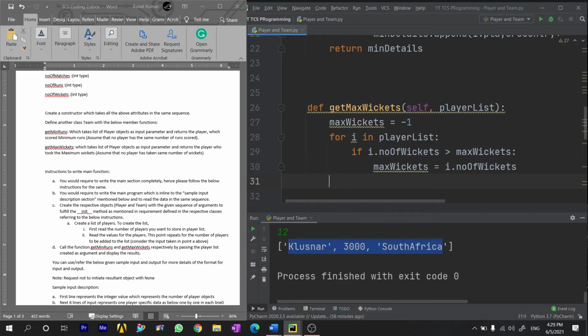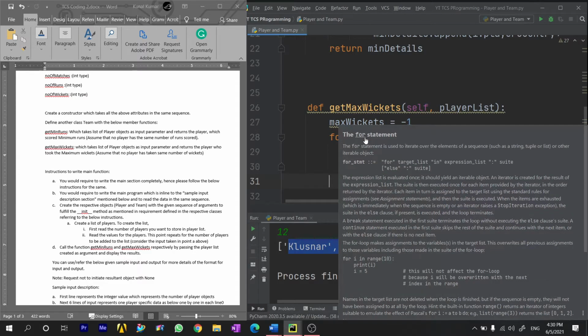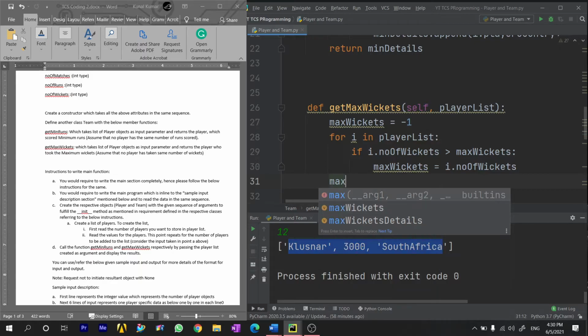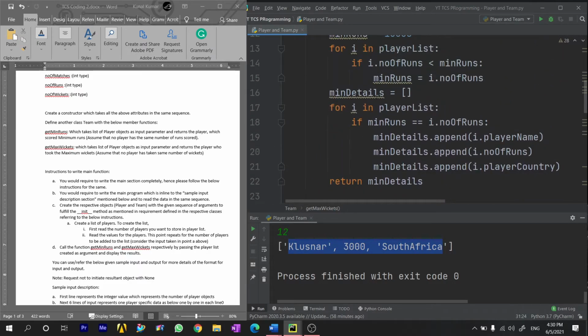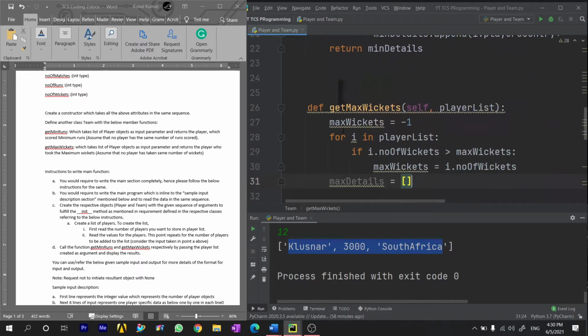So again, this loop would find the maximum wickets and keep it in max wickets. Now we need max details, that is the details of the player who took the maximum wickets. So we will add those details to this list as we did earlier with the function get min runs.